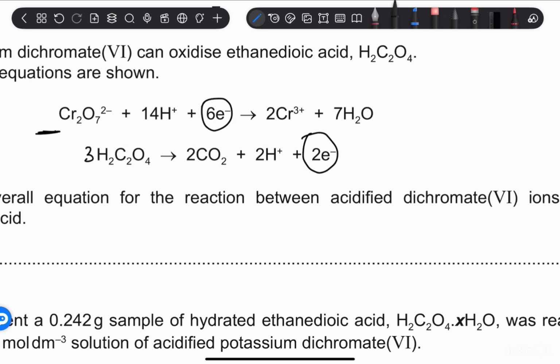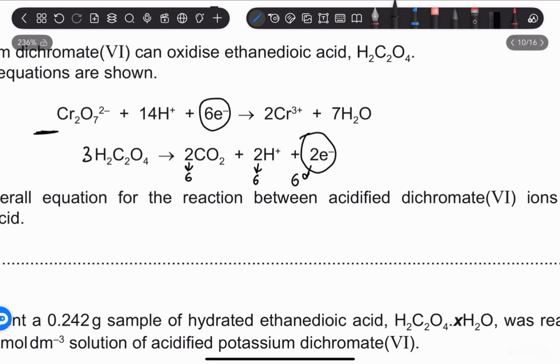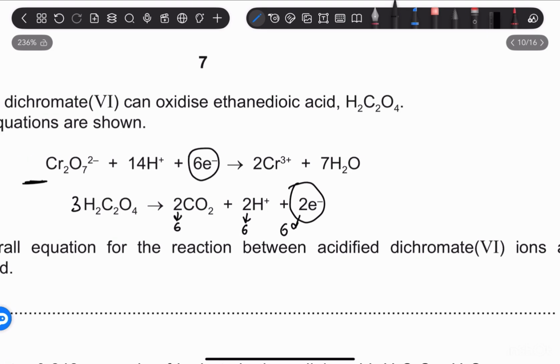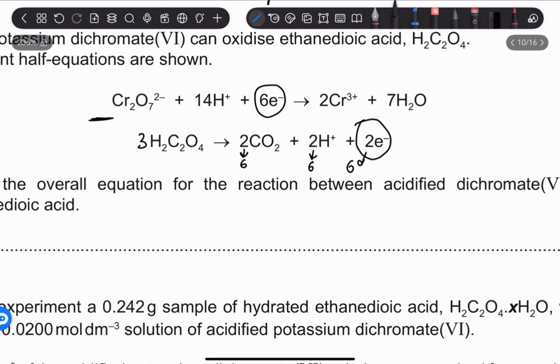So we have 3 here, and this would change to 6, this would change to 6, and this would also change to 6. Alright, so when we're forming our final equation, what we have is Cr2O7 2-, and then plus